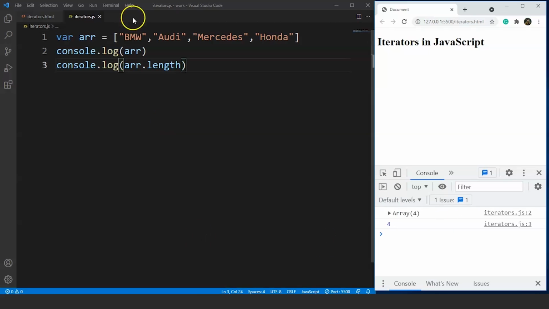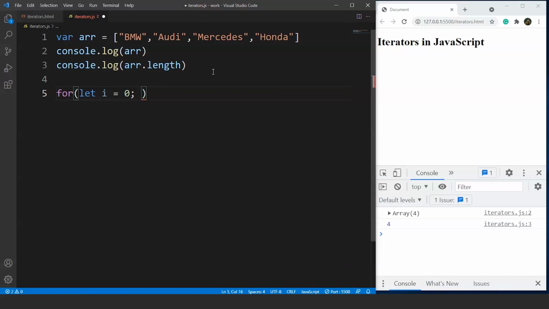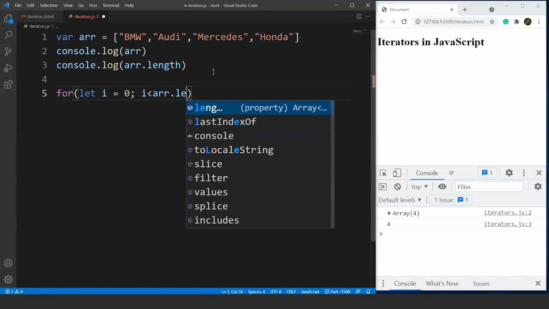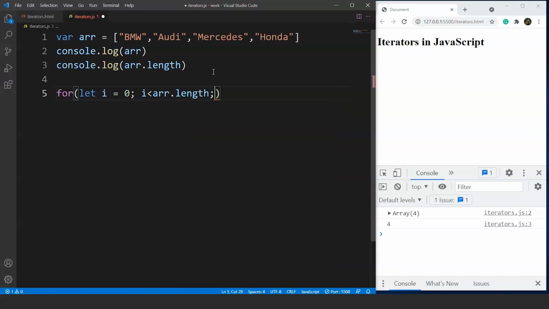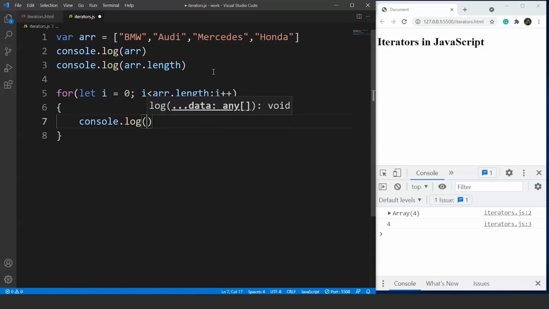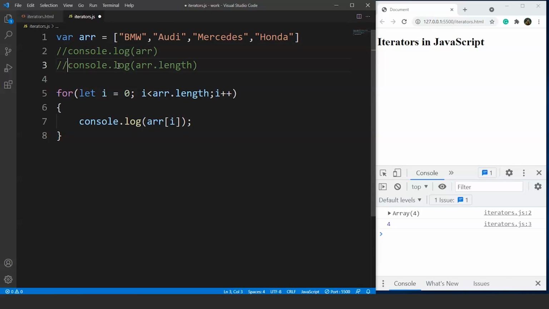What we have to do is we have to write here, let's traverse this array once. We'll write here for, we'll write here let i is equals to 0. i is a variable which will be used to traverse this array, and then we have the condition if i is less than arr.length, and then what we'll do, we'll increment the value of i by 1, right? So this is a for loop. Inside this we'll write here console.log and we'll print arr of i. Fine. So we are done with it. Let me just comment these 2 statements. We are good to go.